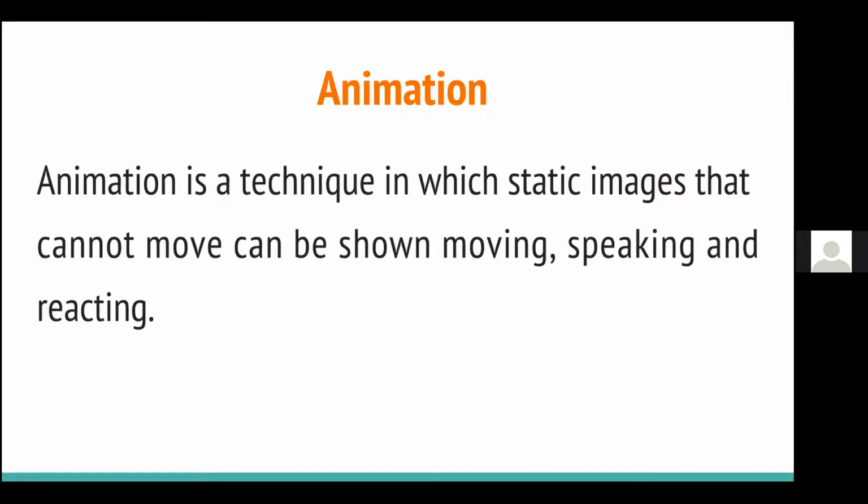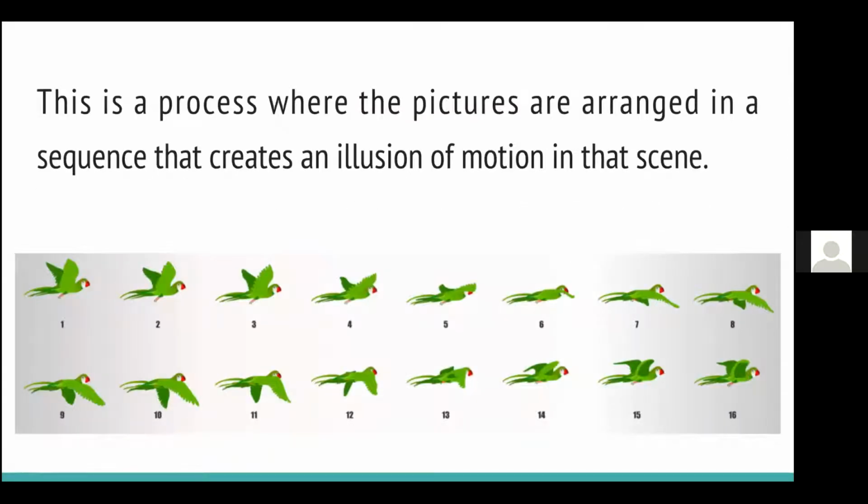We create the illusion of moving and speaking by inserting voiceover or additional audio, and we create the illusion of reacting by clicking different pictures in different scenarios. In this process, the pictures are arranged in a sequence that creates an illusion of motion in